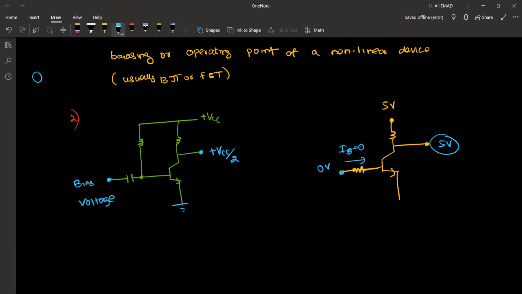Now let's say I give a signal like this. In this signal, this part has a positive signal. So VBE is increasing, therefore VC will decrease. But